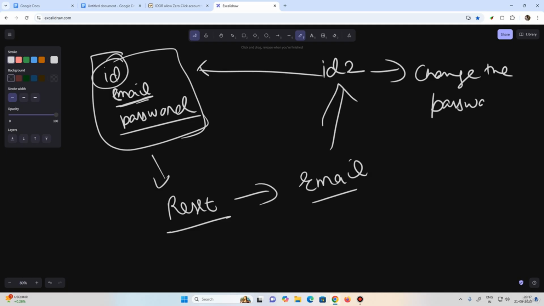and change the password. It would result in a full account takeover, right? That's what it said over here. Moving on,